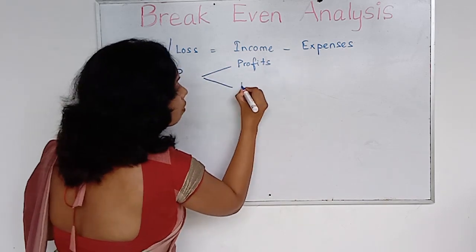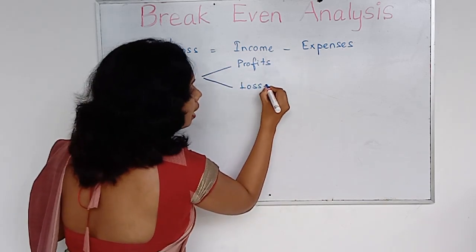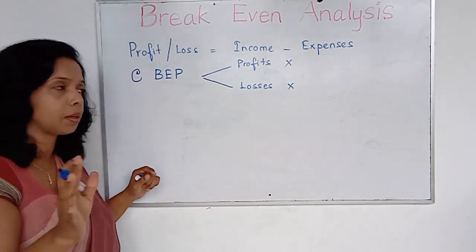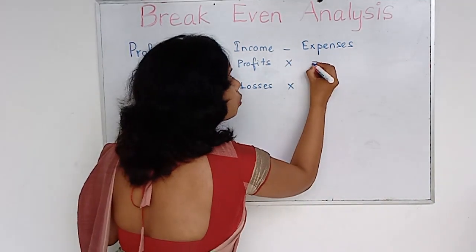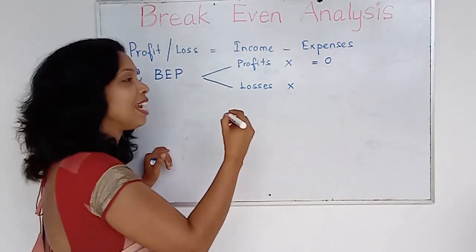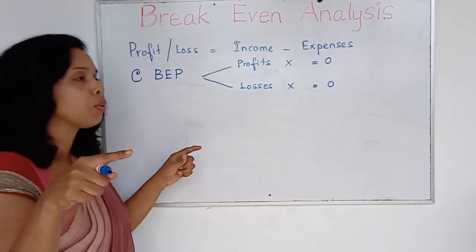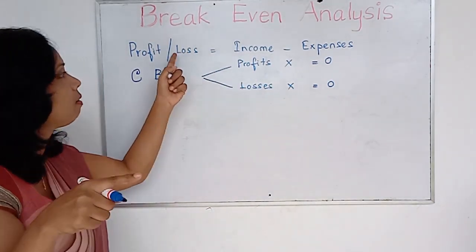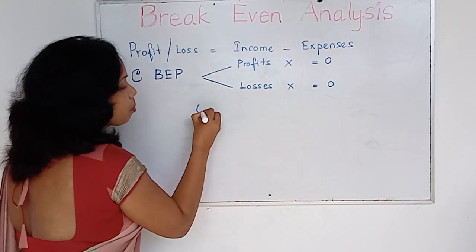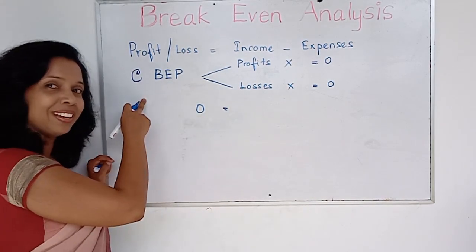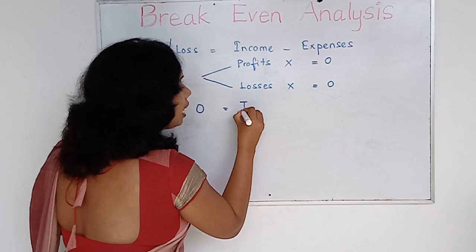So you don't have any losses, right? That means you don't have any profits or any loss. That means your profit value should be equal to 0 and your loss should be equal to 0. Now what I am going to do, I am going to substitute this value into this equation. Profit or loss is 0 at the break-even point, and income